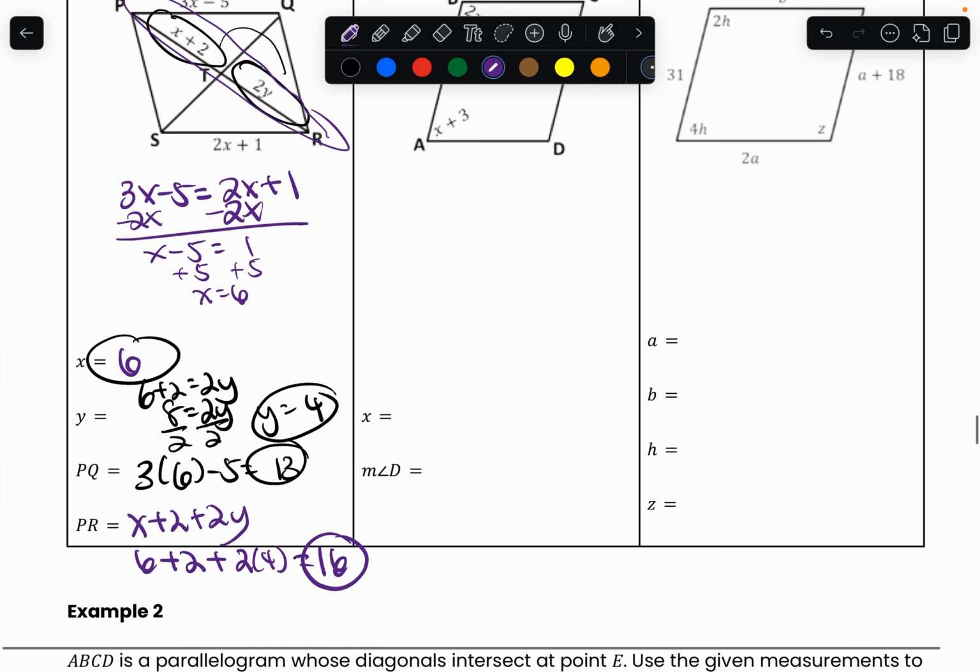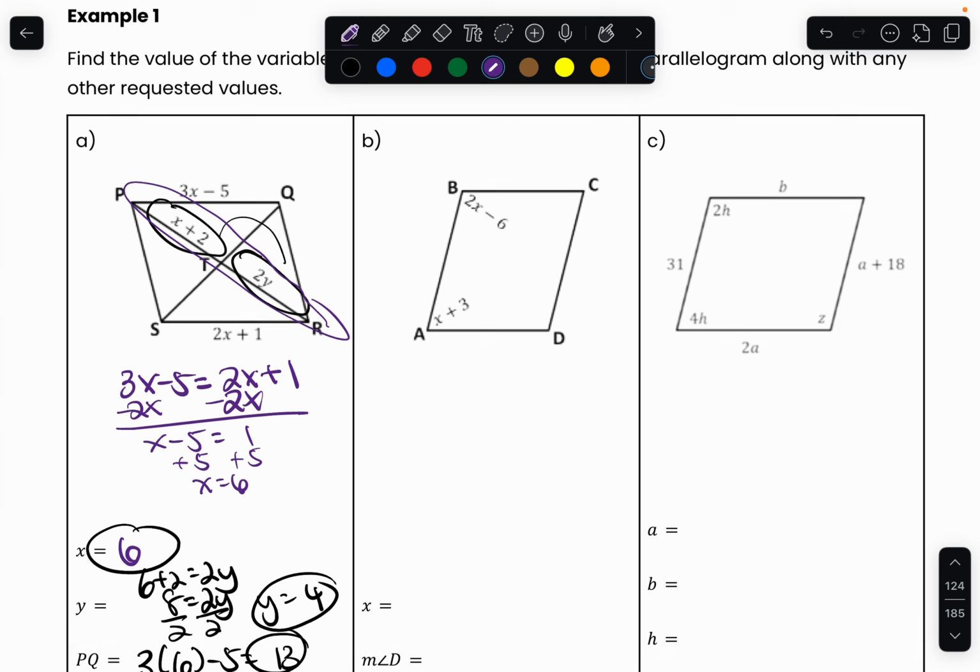Okay, let's look at the next one. Now look at the shape right here. Remember, for questions like this, you kind of have to imagine it is a parallelogram, and then you solve for the value that will actually make it a parallelogram, that doesn't fail your theorems for a parallelogram. So on this one, if this is a parallelogram, then this angle and this angle here are consecutive angles, meaning they must sum up to 180 because they are supplementary according to my theorem.